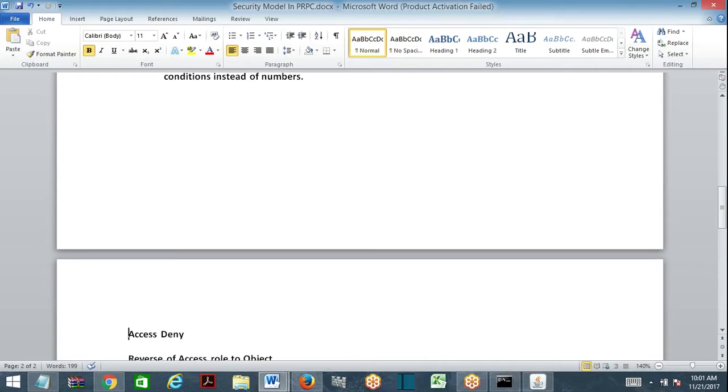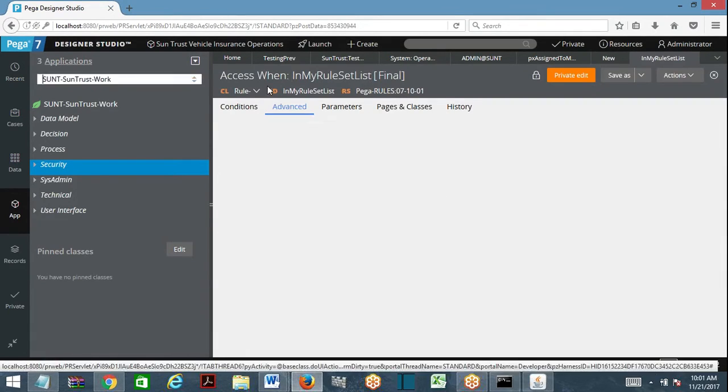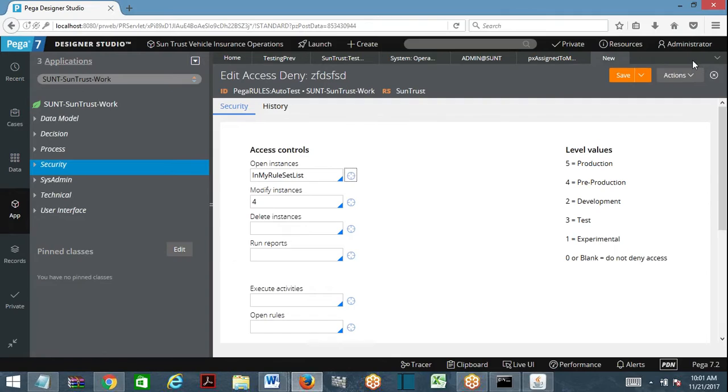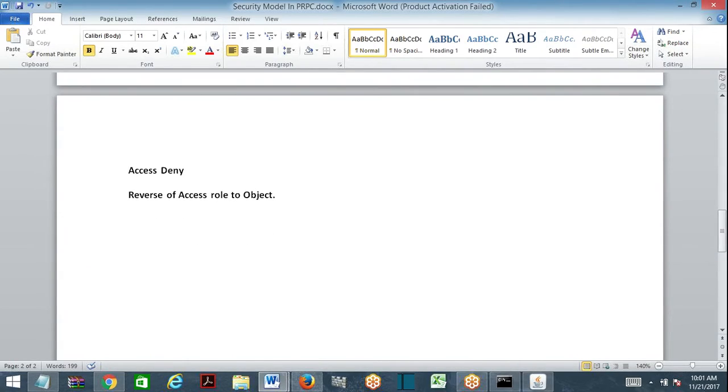You can specify when rules also. So now this is access when. Whichever environment satisfies this condition, will it be denied or allowed? It will be denied. Reverse. So access deny rules also you can call when rules. But leave it. It is the reverse of access role to object.